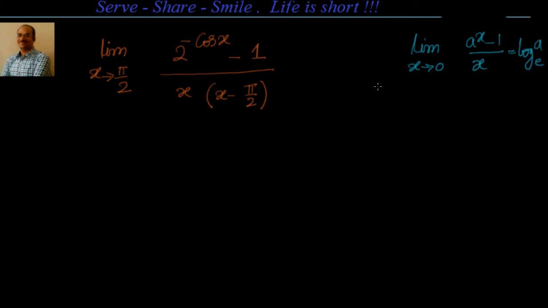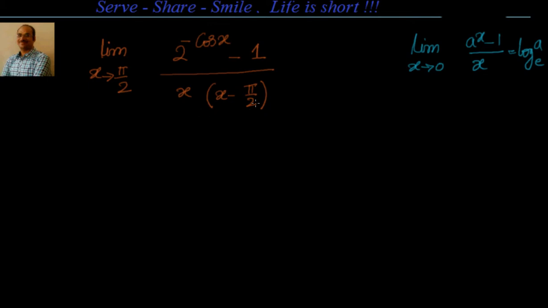Hello friends, welcome back. Let's solve some simple examples as part of standard results limits. Let's look at this interesting example. Limit x tends to pi by 2. We have to find out the limit of 2 power minus cos x minus 1 divided by x into x